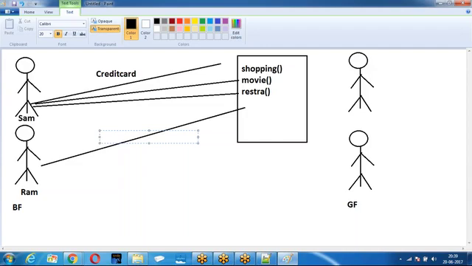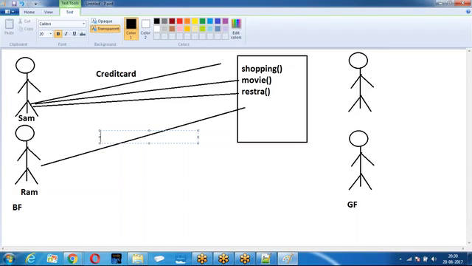Are you getting my point? Anyone who implements an interface called boyfriend, they have to define shopping, movie, restaurant. Okay. Sham may define his own way, Ram may define his own way, but they have to define. Are you getting my point? So if you want to use an interface, the methods defined in the interface have to be redefined by the class.